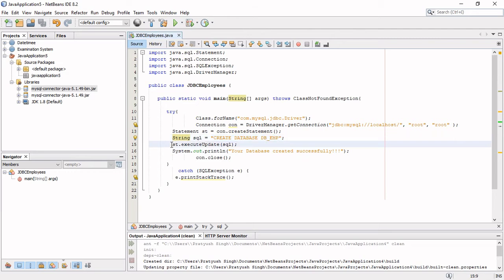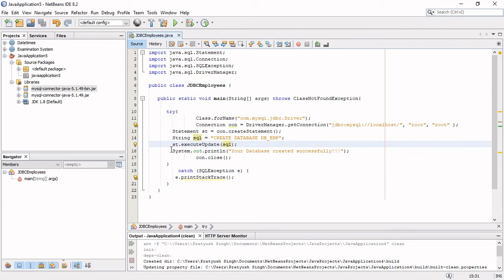And in the next line we are going to execute this query using the statement object, that is st.executeUpdate. executeUpdate is a function of the Statement class that we are accessing using the Statement class object, and we are passing this sql variable inside it which has the SQL query. When we pass this SQL query, it will execute it and create this database after the execution of this line.